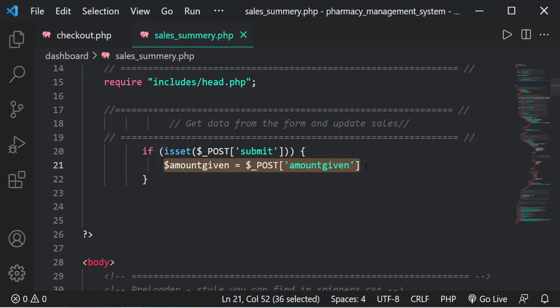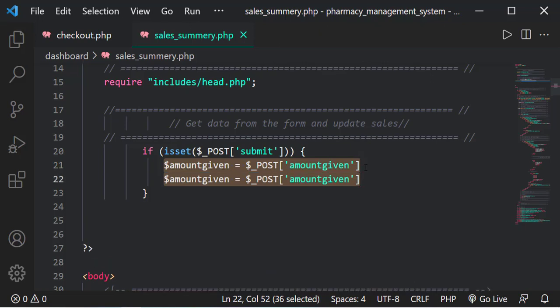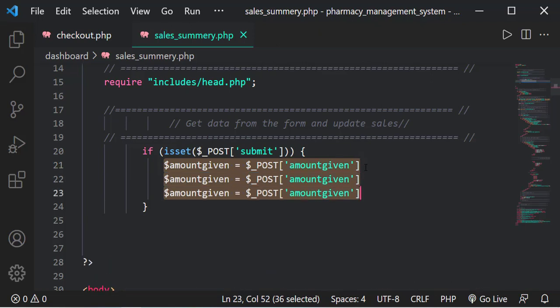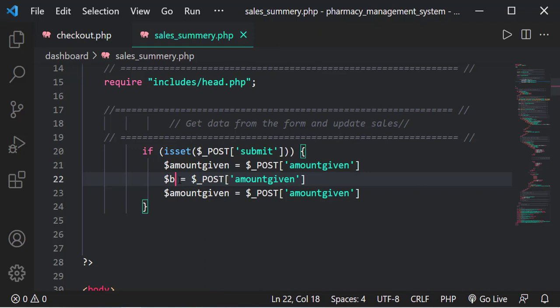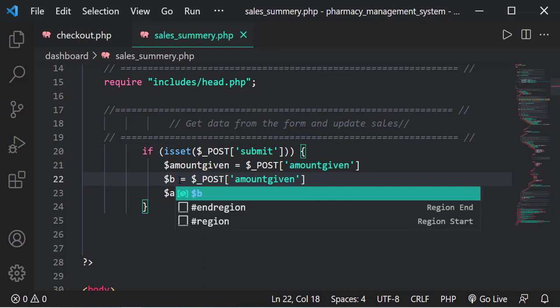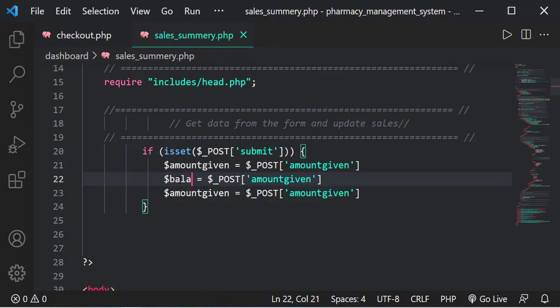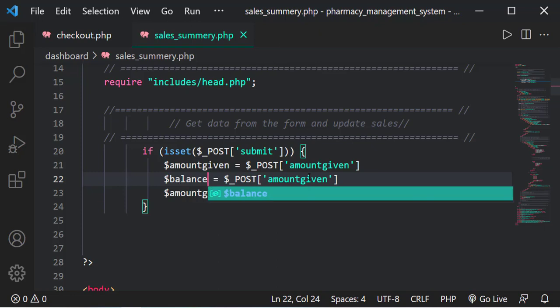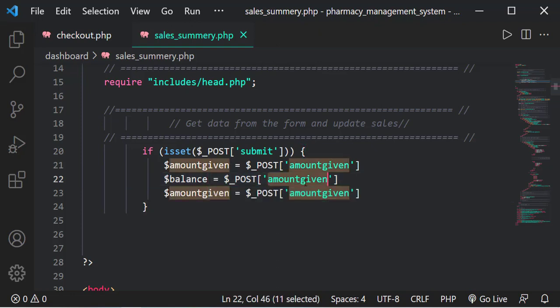If I come and duplicate that, because I also want to get the balance and the total, I'll just put balance. So balance, and I'll also want to get the balance on this side, and we also want to get the total,